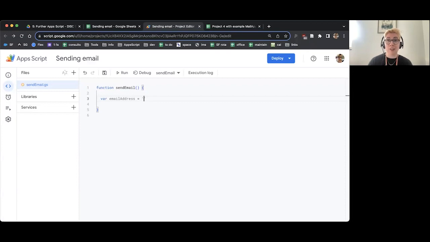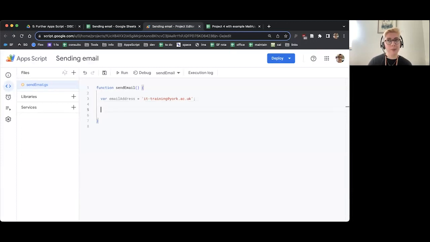So put in an email address you have access to. Your own email address doesn't have to be a Google one, it just needs to be an email address that you have access to because you need to check it works. So I'm going to put in an email address that I have access to, and then I'm going to end the line with a semicolon. Make sure the email address is between sets of quotes because we're looking for a string. Now I'm going to hit enter and enter again.